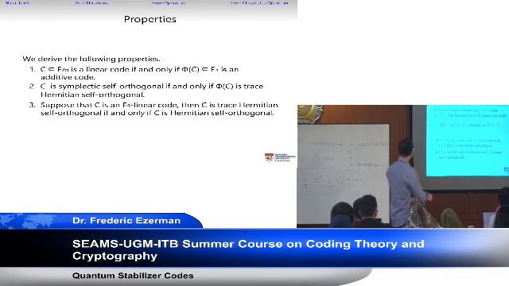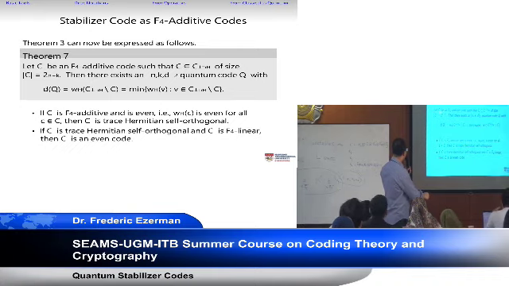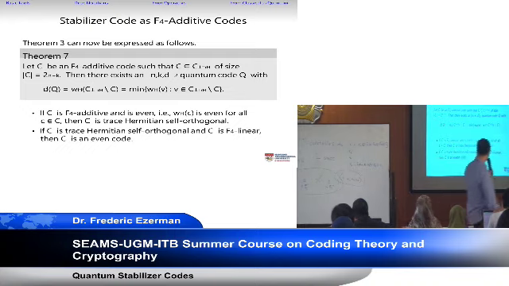So, theorem 3, which is the main theorem, can now be expressed as this. I have a code C, which is self-orthogonal under the trace Hermitian. That's the size. Then I have this quantum code, and the weight follows the same form as before. Okay? If C is F4 additive and is even, that is, the weight is even for all codewords in C, then C is trace Hermitian